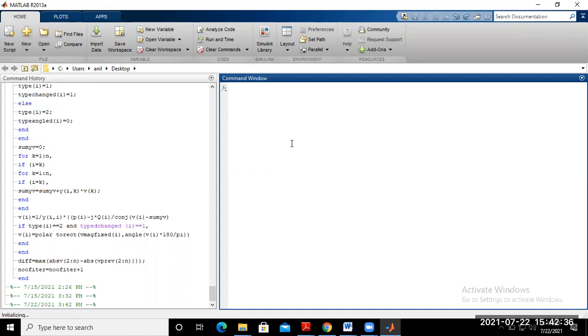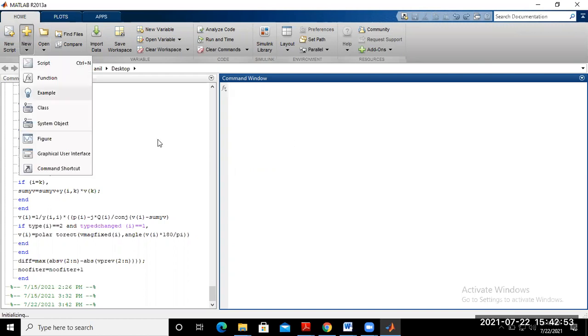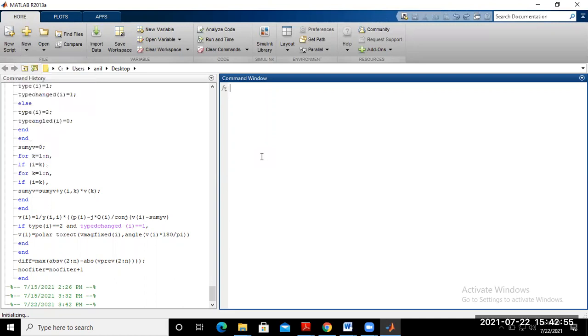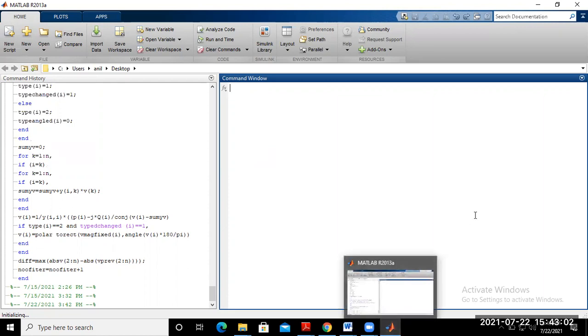It takes some time for creating the folder for the simulation purpose. So just wait a few minutes. Okay, correct.